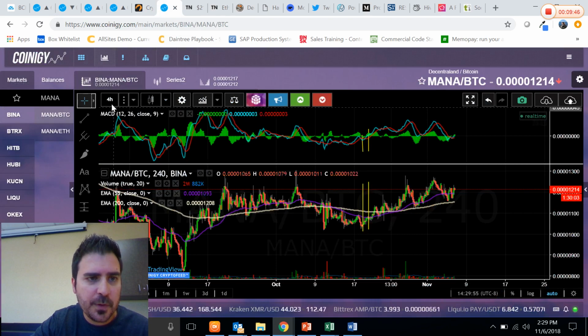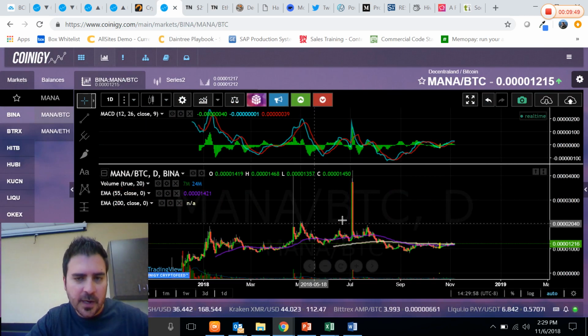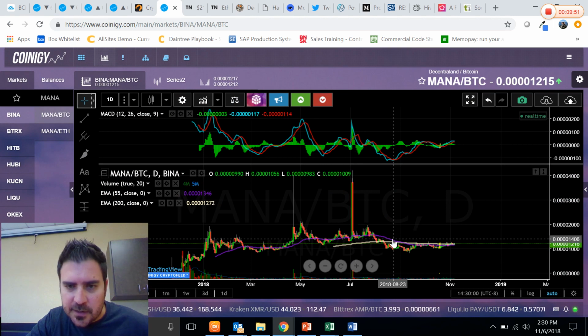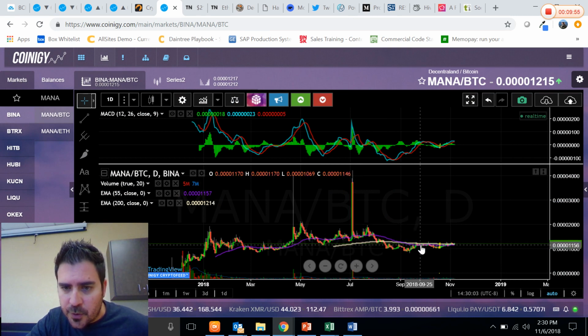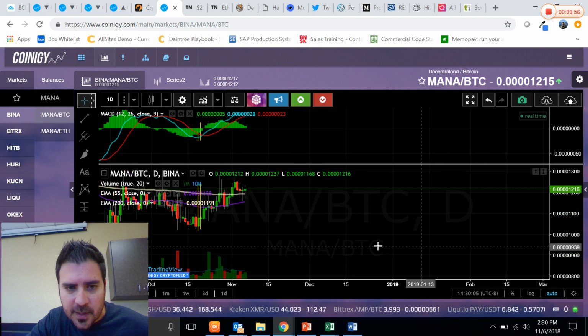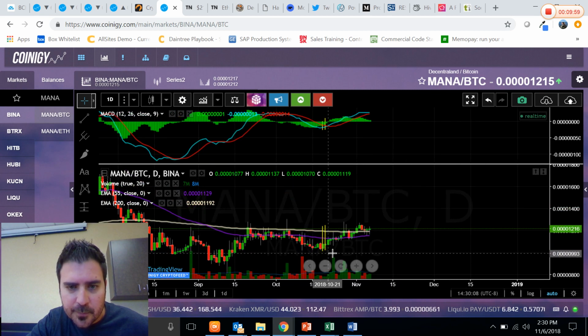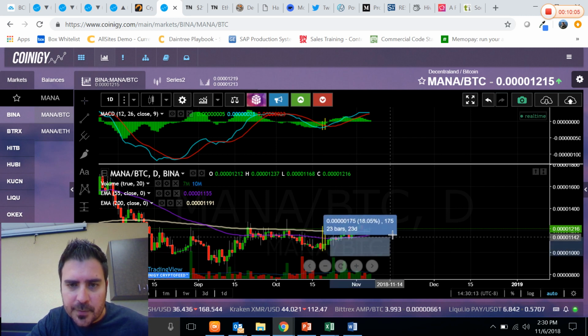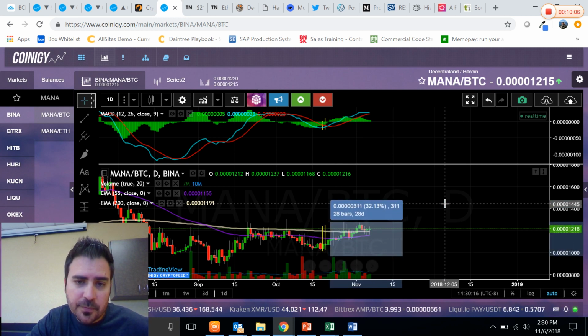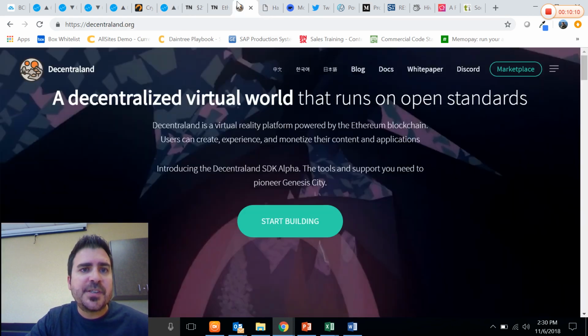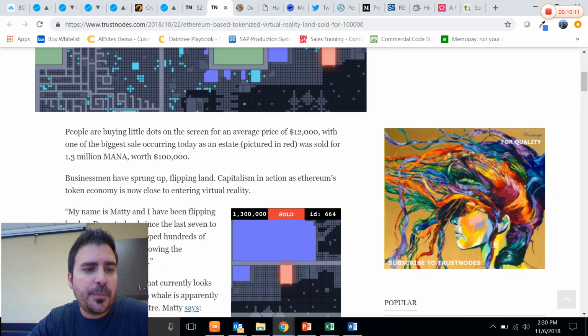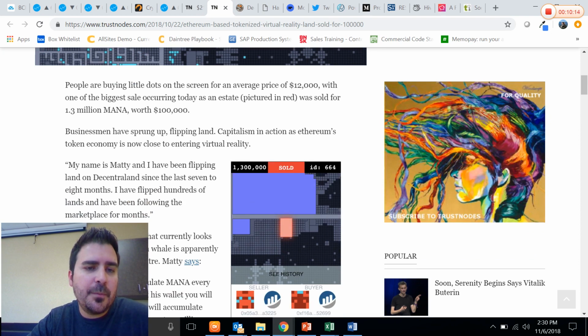Not sure if there was a spike. It would be really interesting to go back and look at October 22nd. Let's see. There's a huge spike right there. October 22nd. Doesn't look like there was a huge spike here, but that was just a few days ago. You can see there was a run-up of about 20 to 30%. But somebody bought a digital property, pixels in a computer on the Ethereum blockchain, for 100K. Businessmen have sprung up, flipping land, capitalism in action,